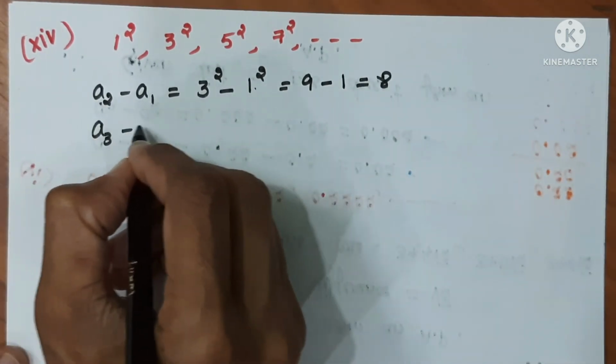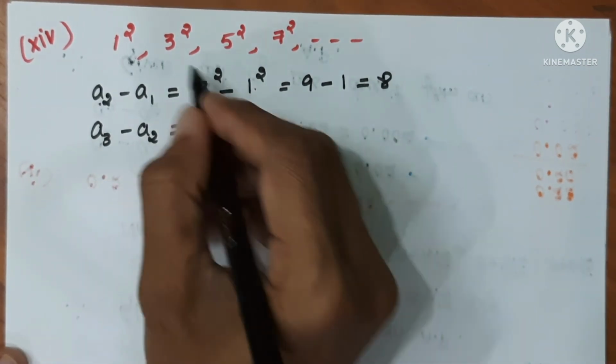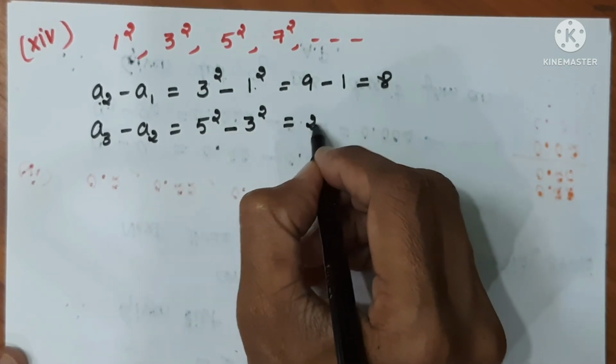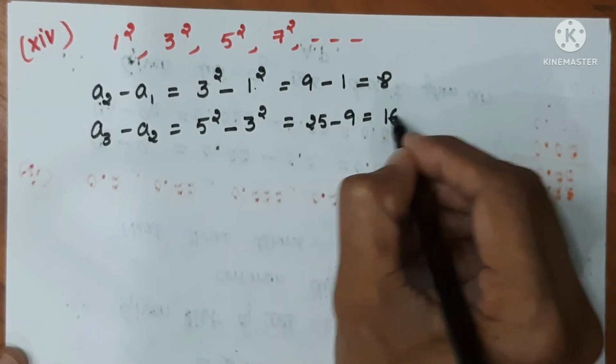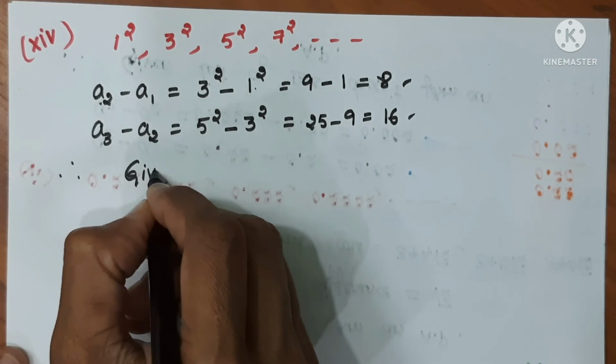Now A3 minus A2 equals 5 square minus 3 square, which is 25 minus 9. After subtracting we get 16. Here the difference is not common, therefore the given list of numbers